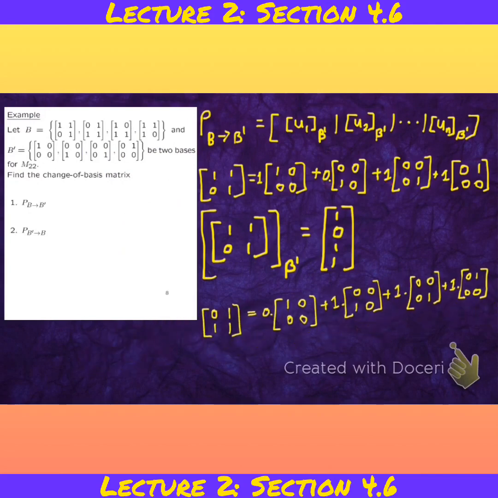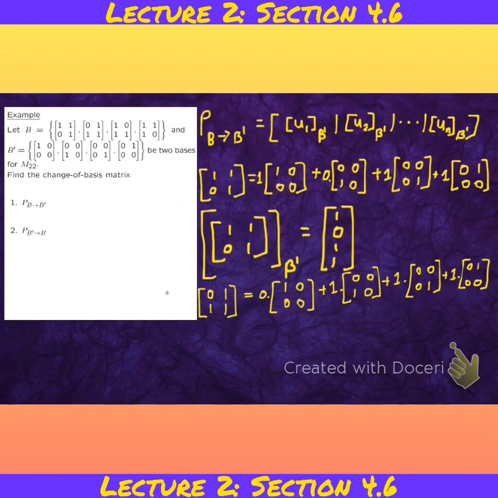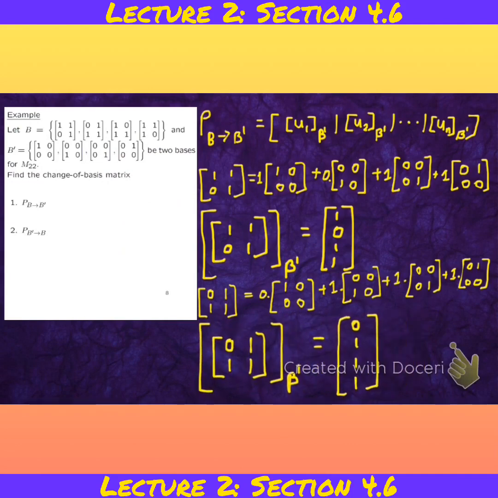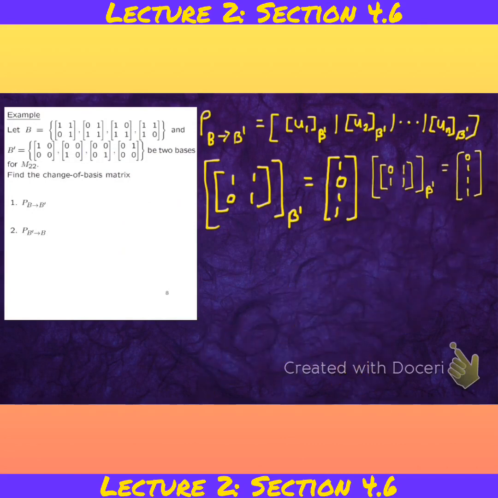Then we take our second vector, which is 0, 1, 1, 1, the matrix. And there we write it again as a linear combination of all the vectors in B prime. And so my second column becomes, there's my second column vector. Okay, and how did I get that? Reading off the values. Right, so placing my two vectors together there,